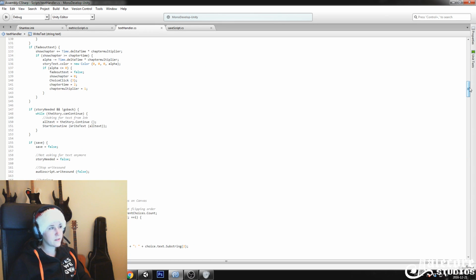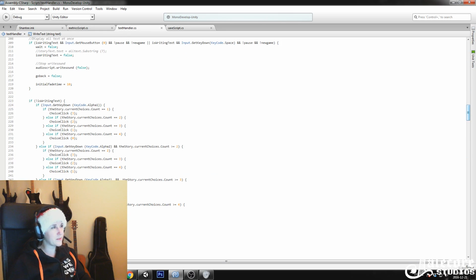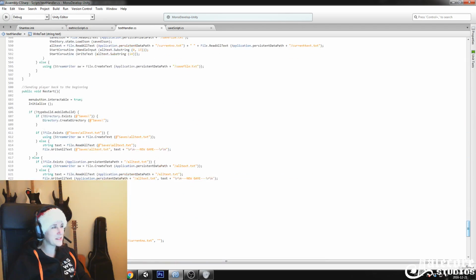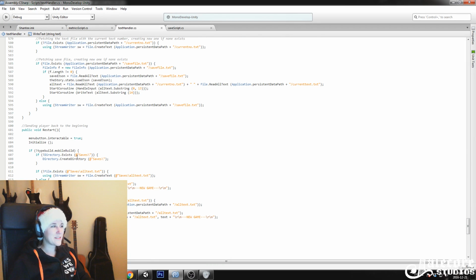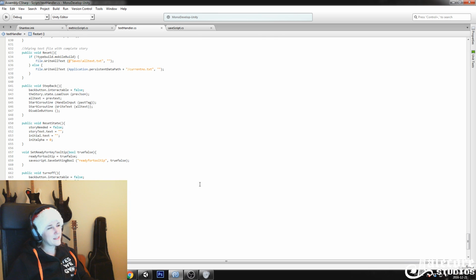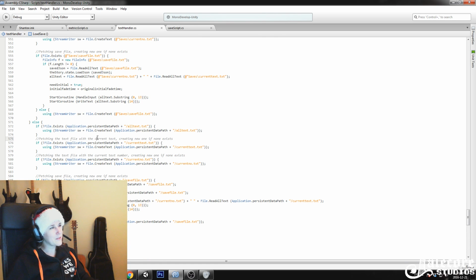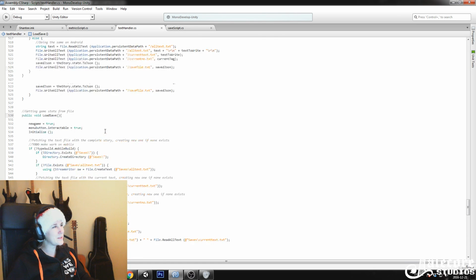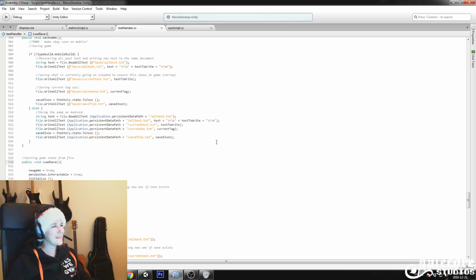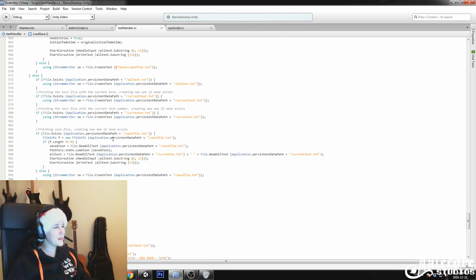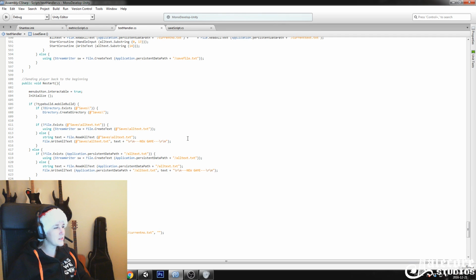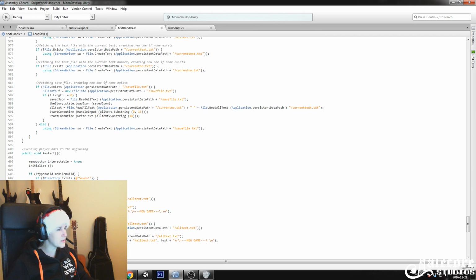So this is my monster script that parses this text. It creates save files. I probably should have put this in several scripts just to make it easier to work with. But yeah, whatever. I like the script. It's nice. So this script basically, as I said, if you start a new game, it creates save files. I don't know where. Restarts. Yeah. It creates save files.